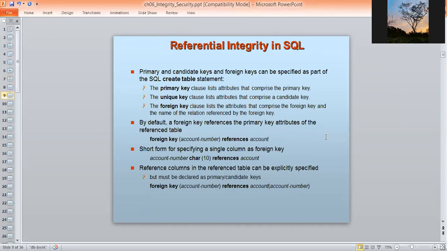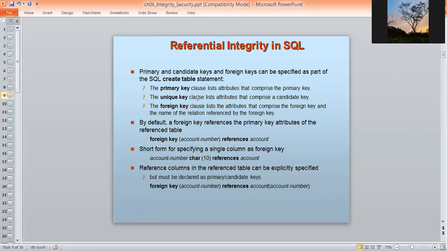Now in SQL, primary and candidate keys and foreign keys can be specified as a part of the SQL create table statement. That means these constraints can be integrated while creating a table using SQL commands in the following way. The primary key clause lists the attributes that comprise the primary key.